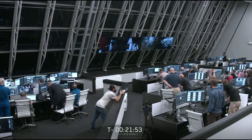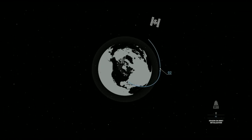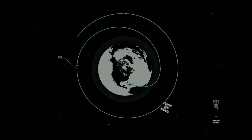The moment we hit T-minus 0 and a successful launch occurs, we'll watch Falcon 9 and Dragon make their ascent until Falcon 9 first and second stages separate and send Dragon on its way to the space station. At this time, mission operators will prepare Dragon for on-orbit ops, and Dragon will execute a series of burns that gradually raise its orbit to align more closely with the space station,